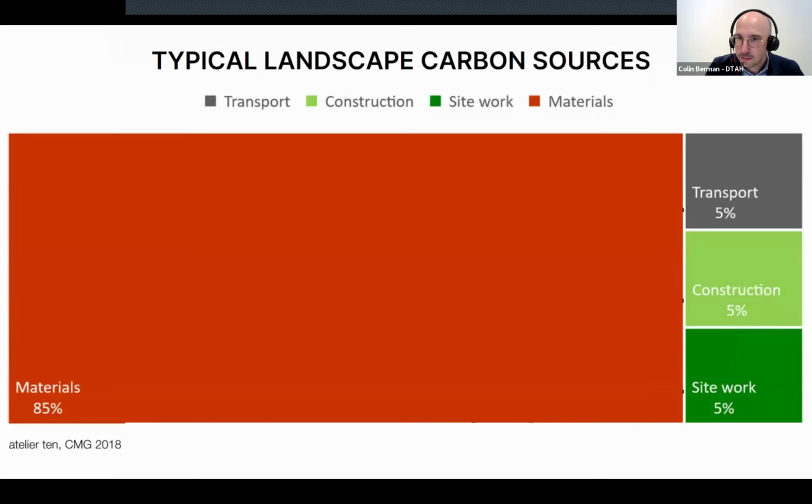To reduce embodied carbon, we know that about 85% of emissions for an average landscape project come from materials. This is an area we look to improve during our design process. As Juliet put it at the master plan and policy level, we want to use less stuff. At the site design level, we want to use less carbon-intensive stuff.